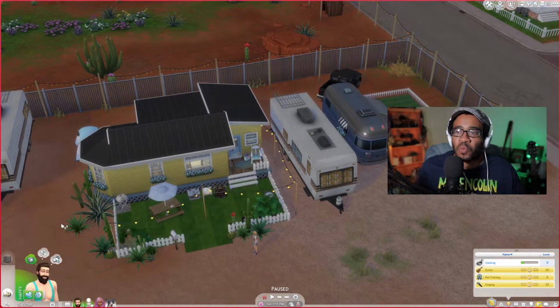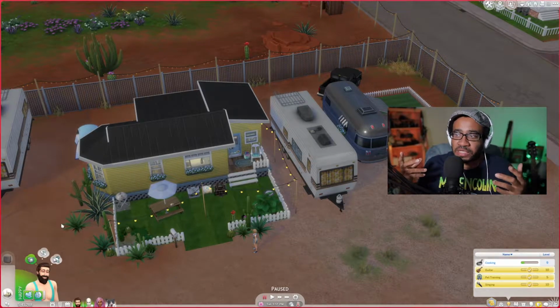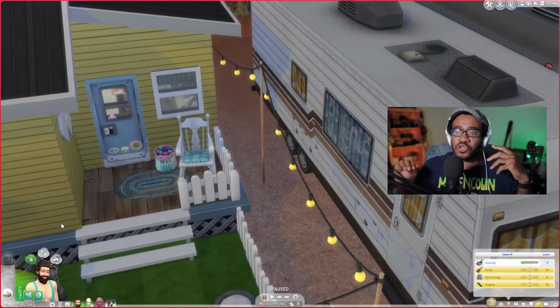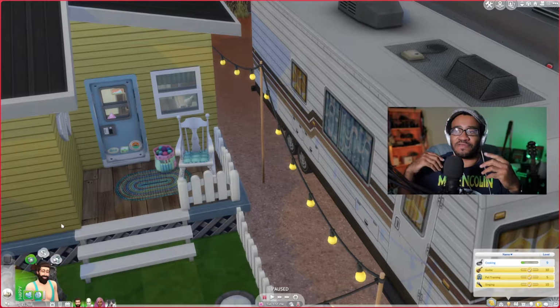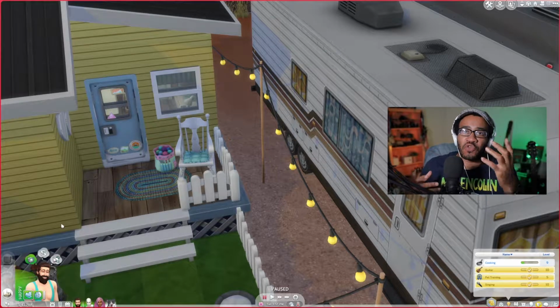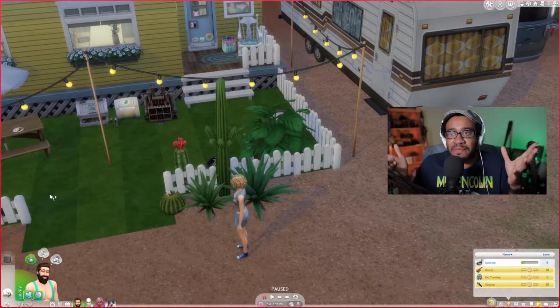Alright, so what we're gonna do first, we're gonna do two things. I'm just gonna show you the basic movements of how I would do things, and then I'm gonna show you more in-depth how you go into your camera settings and can change the velocity, the speed of the movements. Alright, so first thing, to get into what I like to call free cam mode,